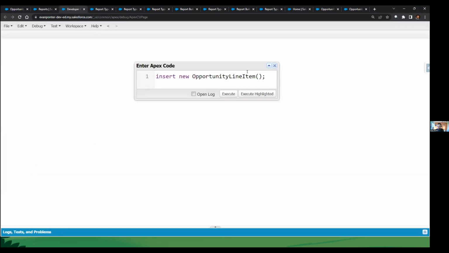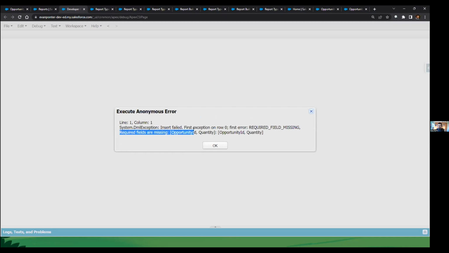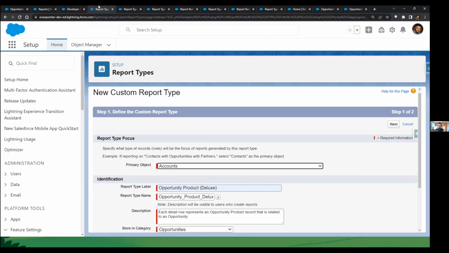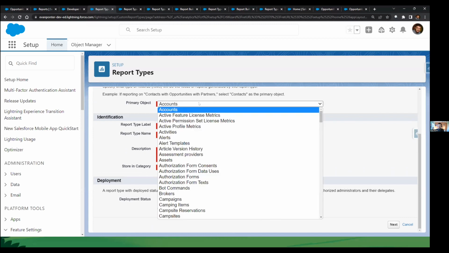I can prove it by trying to create a brand new opportunity line item without specifying an opportunity. I get an error that says required fields are missing. You must have an opportunity. Now, because of that fact, you will never have an opportunity product that does not specify an opportunity. We can build a deluxe report type that shows you opportunity product records as the results. You get all the wonderful benefits of deluxe report types, and there are no filters that are negatively impacting your report results. The way we do that is we can specify a different object as the primary object, the parent,